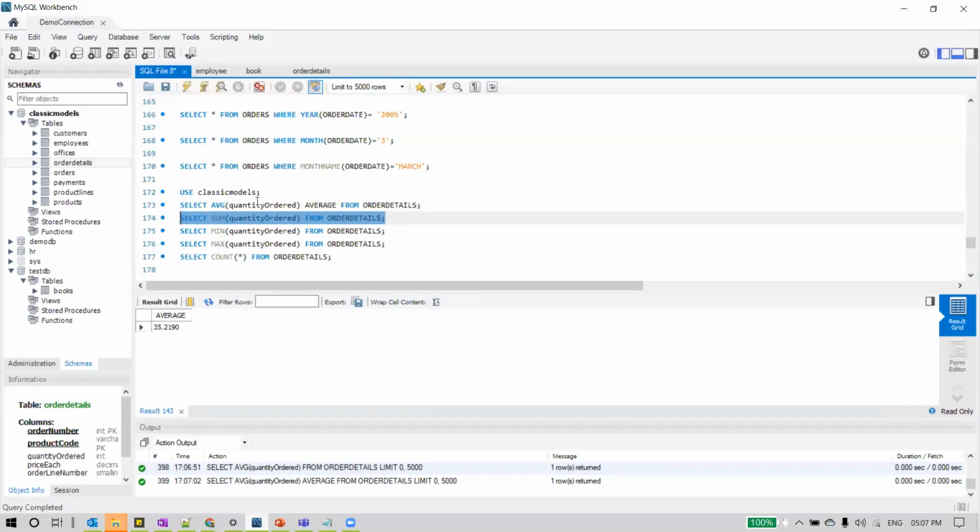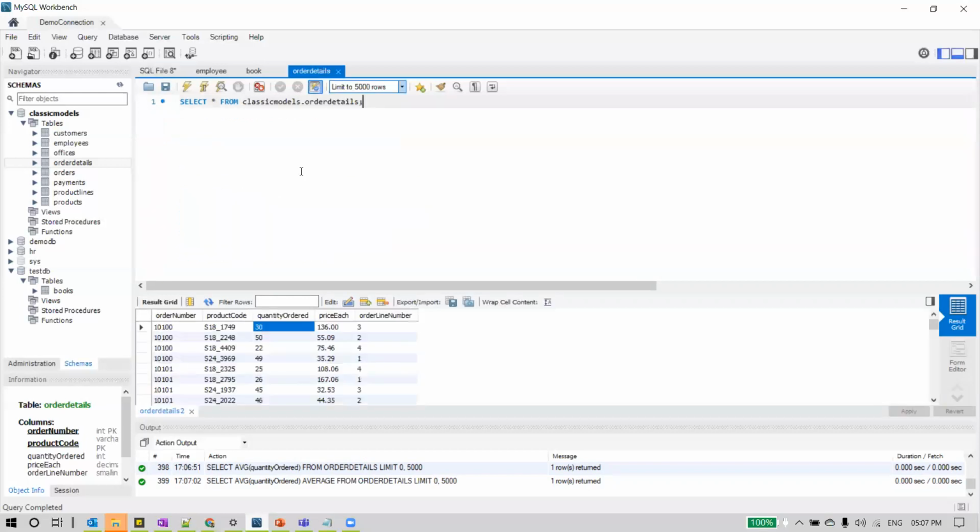And sum is like finding the sum of all the values for a particular column. For a particular column, there can be a number of rows, and for all the rows, we wanted to sum up the values for some particular column. You can see it here. Quantity ordered is one column, and it has some values for each row. For all these rows, I wanted to add all this quantity ordered. So till now, whatever order was placed, what's the quantity ordered? The sum of that I wanted to know.